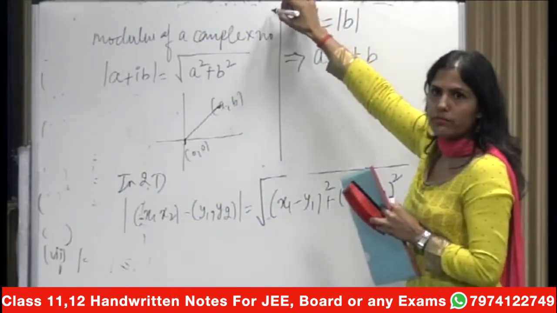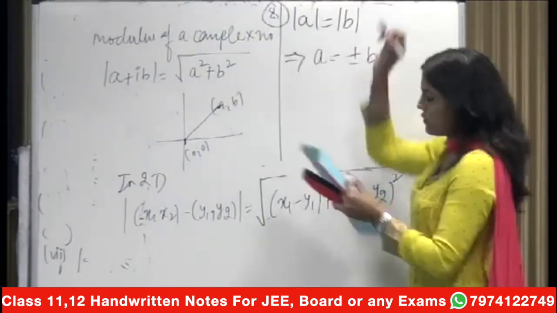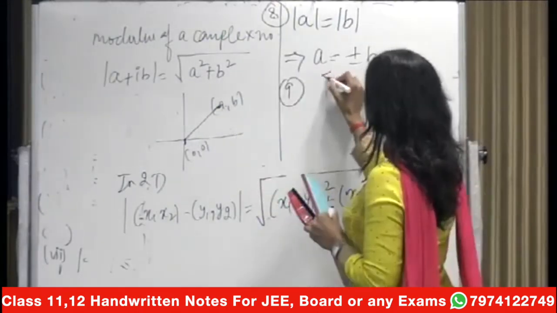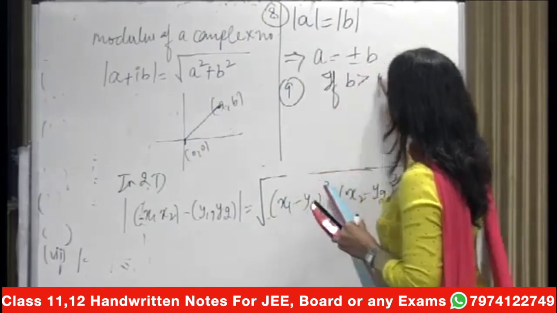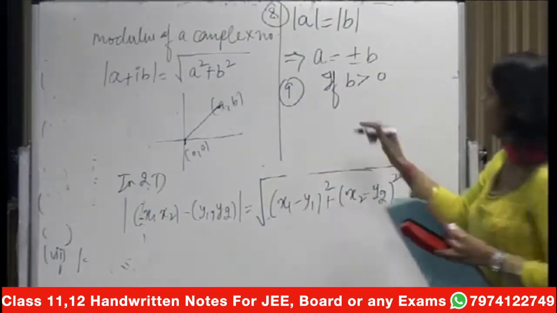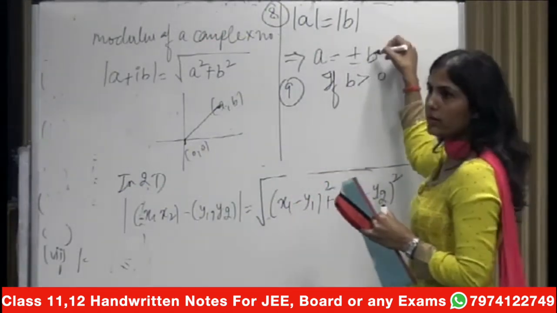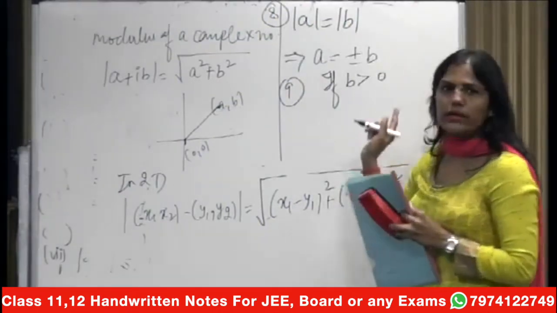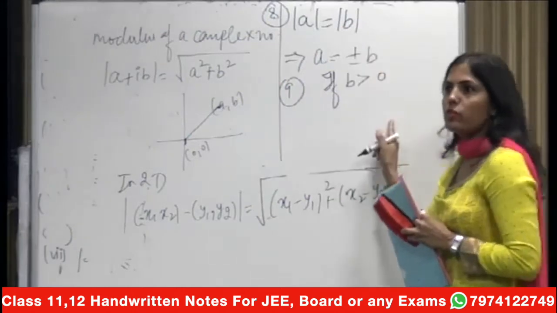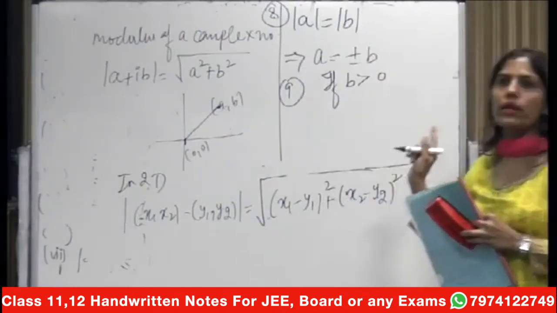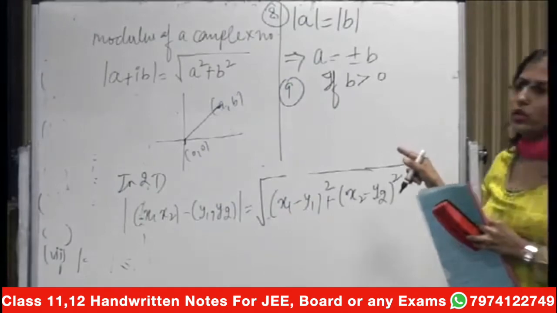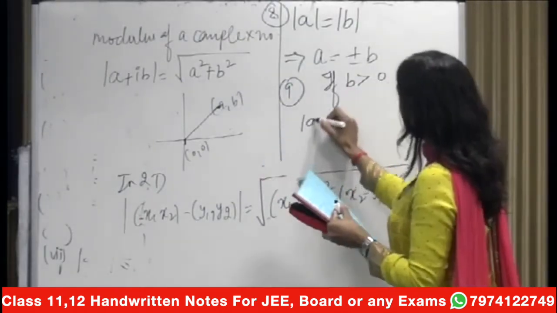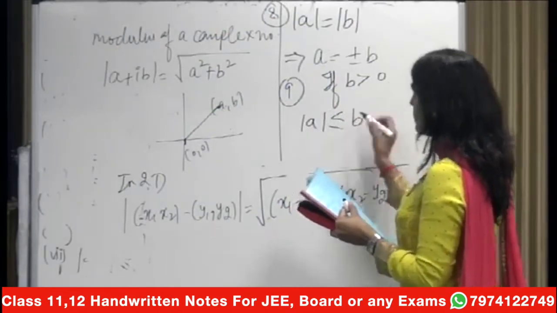Seven properties we have done, so this you can say is the 8th property. Now two more properties basically. So many properties you are learning. Is this okay? This will always be true now. If I ask you to solve, because inequalities we will solve with the help of these properties only. Otherwise we cannot solve. If b is greater than 0 and this is the case, it means